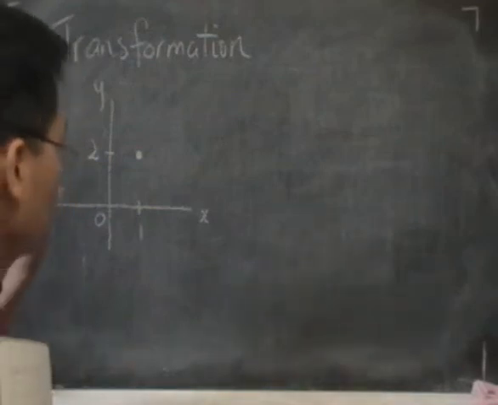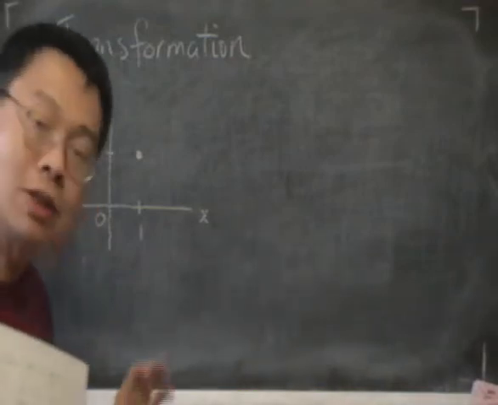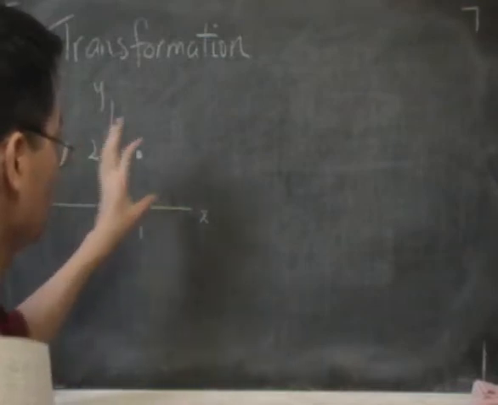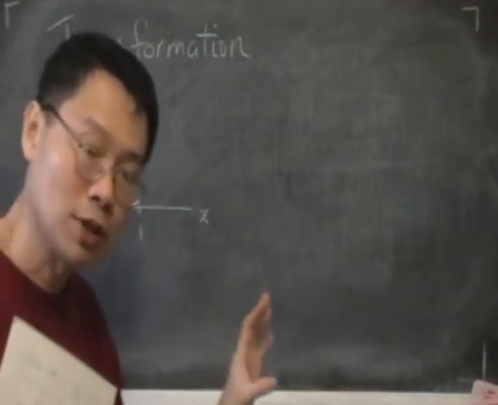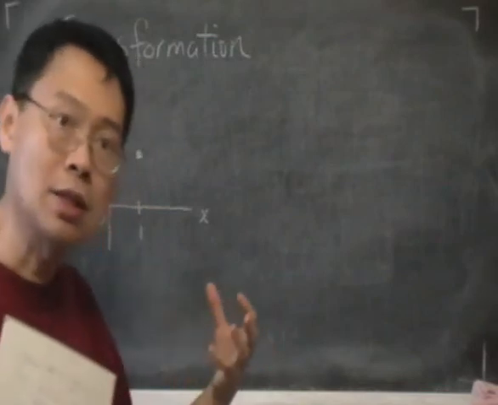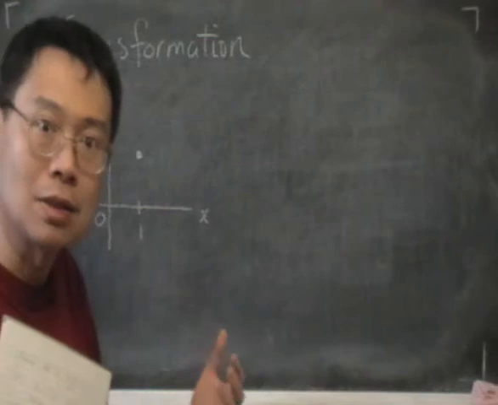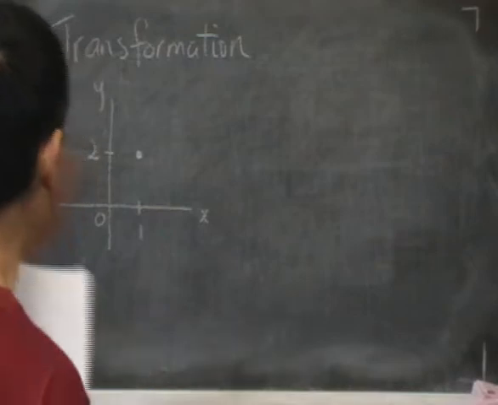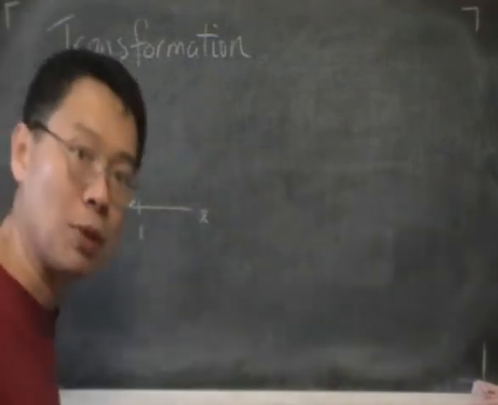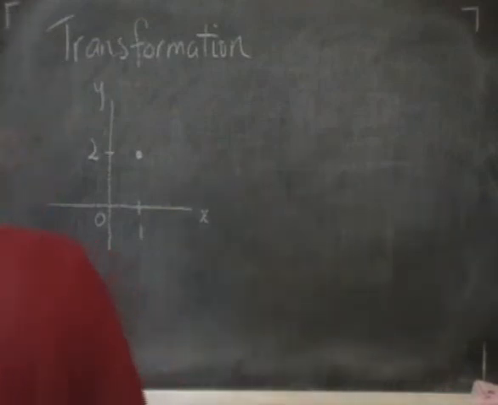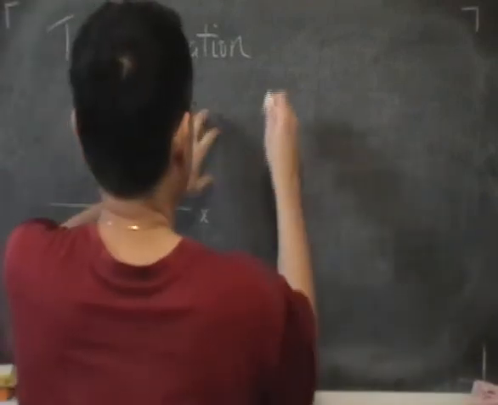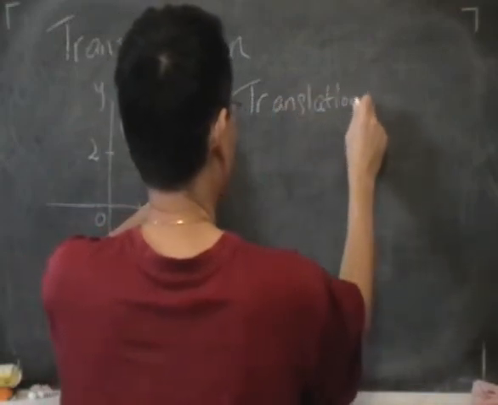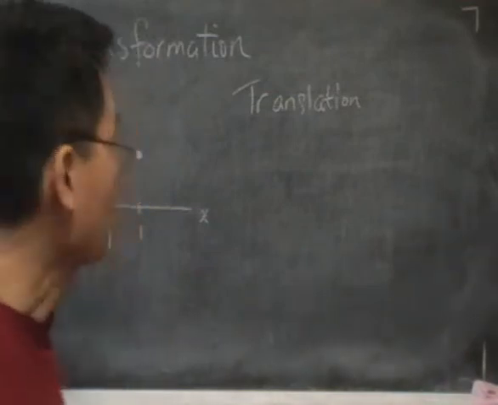But what we are mainly going to look at is, if you like, a set of rules to tell us how we can do certain things on the graph paper and move the points and figures around in a certain way. So just treat it as a set of rules, like a little game, even though you might or might not like it. It's basically a set of rules that we're going to learn, and in this rule, which is called a translation, we learn one way that we can move points around